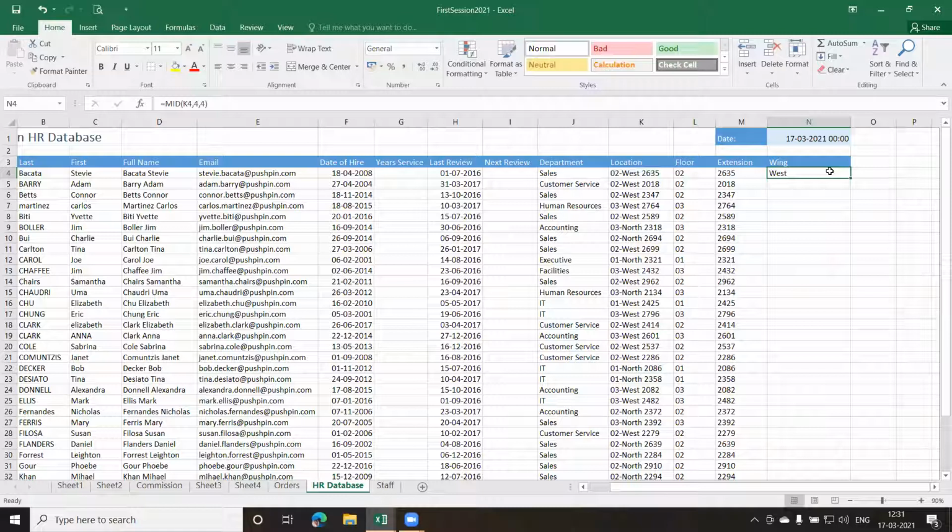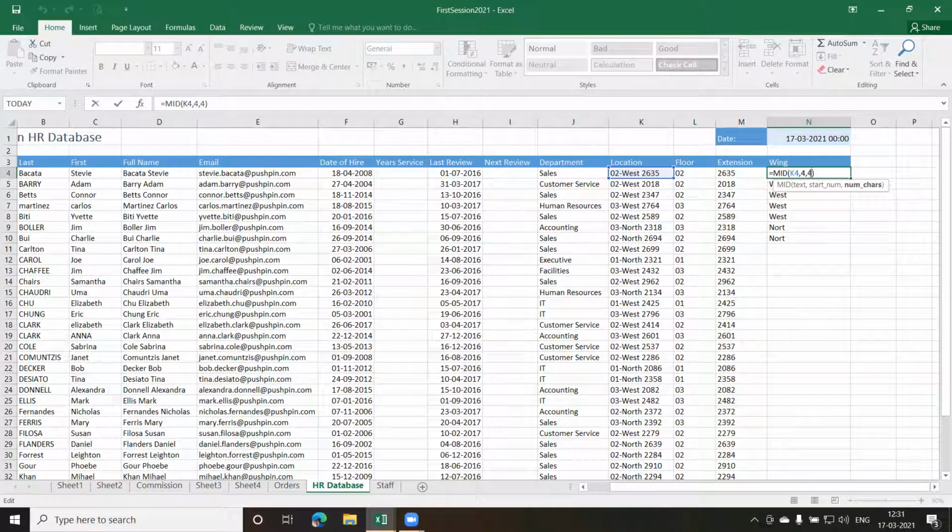But if you go down, I'll just go up to here because north is there. Fine. Now, if I go here, I'm not getting the full word north. The reason is that in this function, I have given the last parameter as 4. That is the number of characters which I want. So this is not going to work properly for me, so this will go off. Instead of this, I need to use some other function.